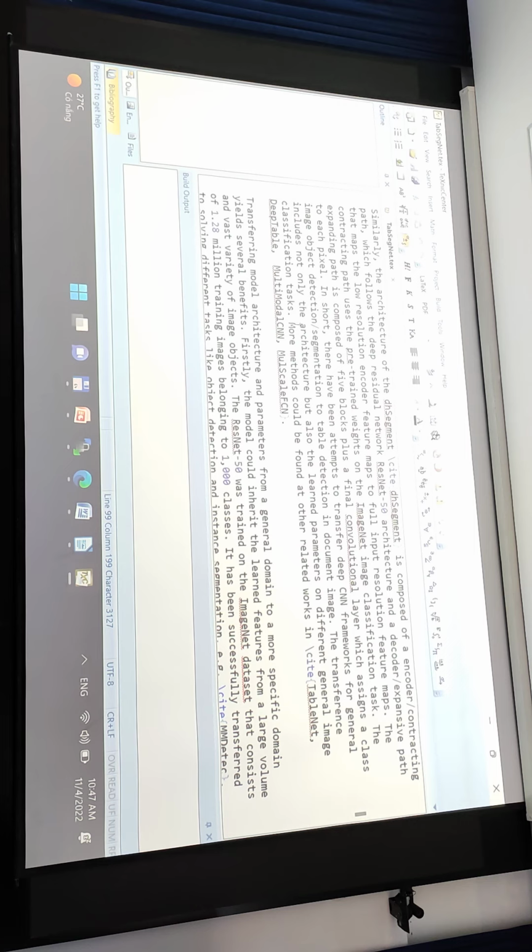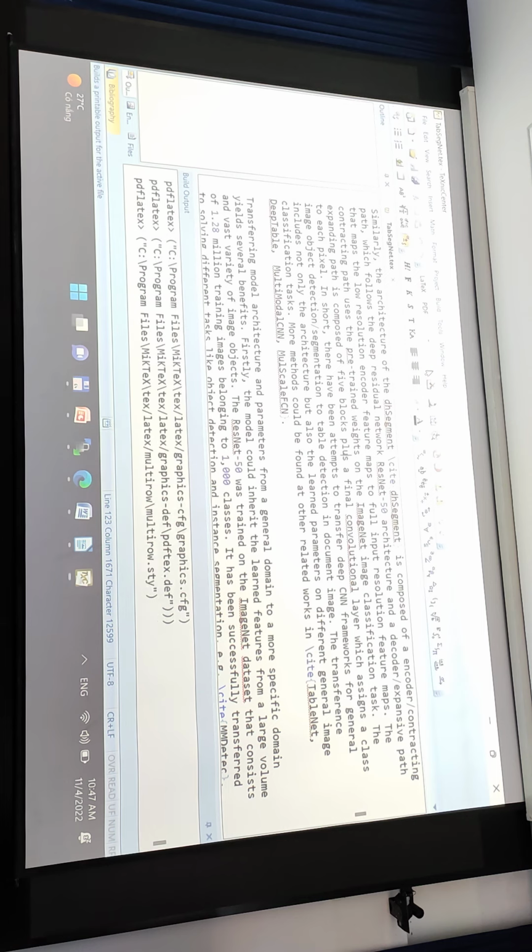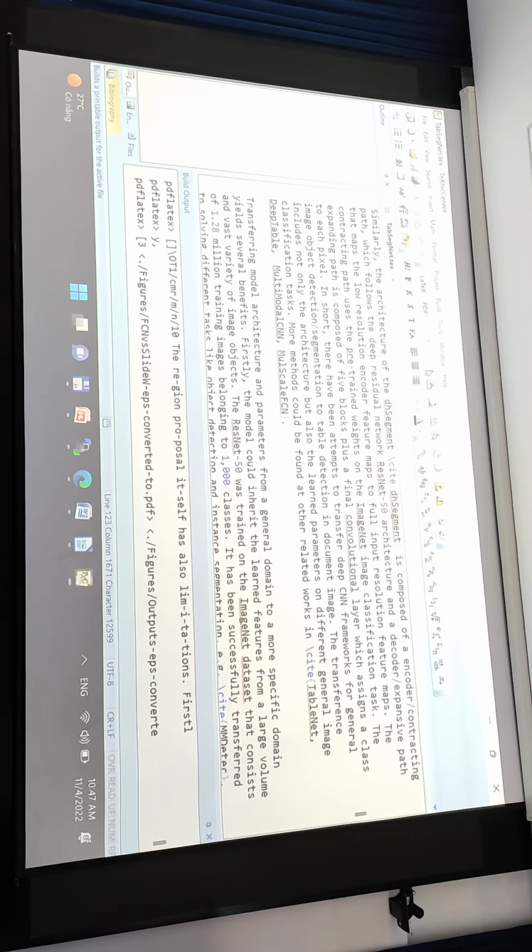I compile. There's a program to convert the markup language like this one. I cite another paper here, and I'm not sure it's running smoothly or not. The program compiles the source code, and after that produces the PDF file.